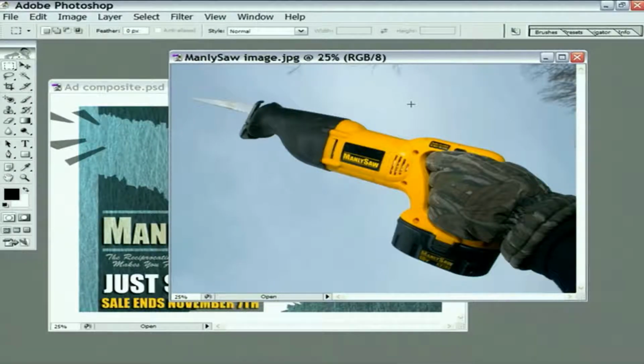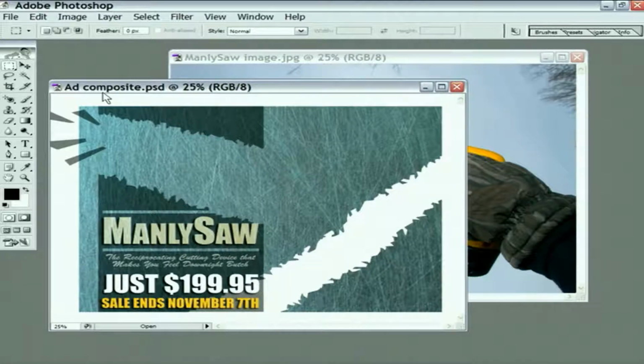Hey there, folks. For this exercise, I want you to open up these two images right here. One's called manlysawimage.jpg, and the other one's called addcomposite.psd. And they're both inside the Lesson 10 folder, which is inside the Part 1 folder, inside the Project Files